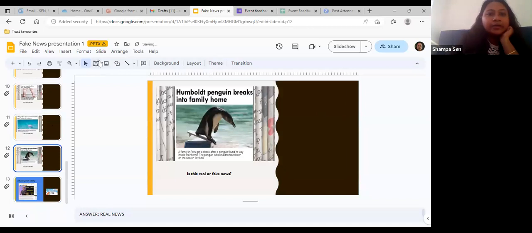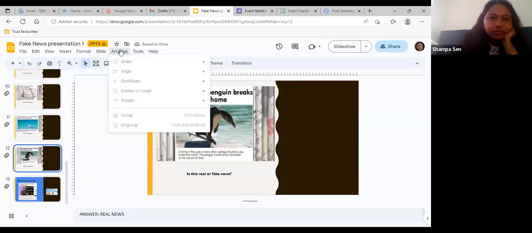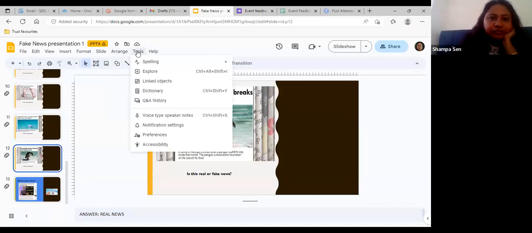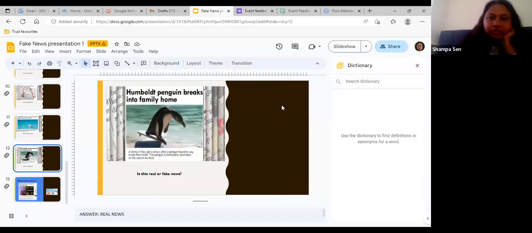Yeah, it's back. So that's the arrange tool. And then tools, for example, like spelling, explore, or if you want to know any words from the dictionary, you just type, for example,